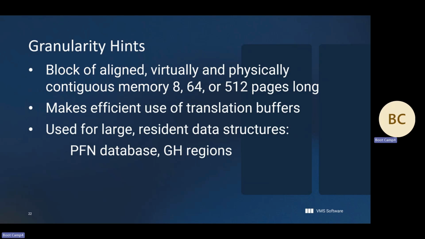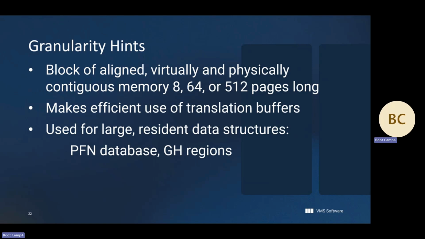So if you touch any part of that large granularity hint page, that one TB entry can cover the entire space. And we use it for large resident data structures. So for example, the PFN database can do that. And then there are things in the exec called GH regions. And there are a number of SYSGEN parameters that say GH this, that, and the other thing, and that sizes those things.